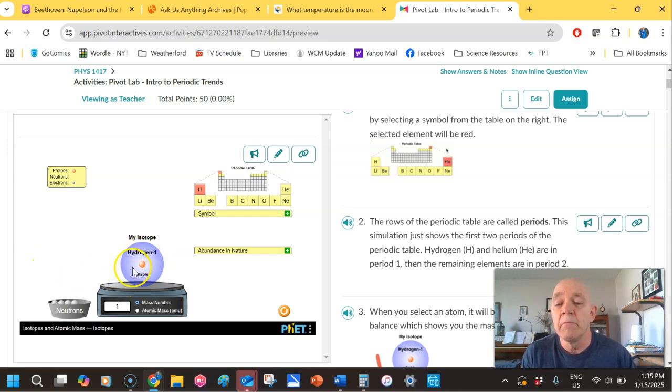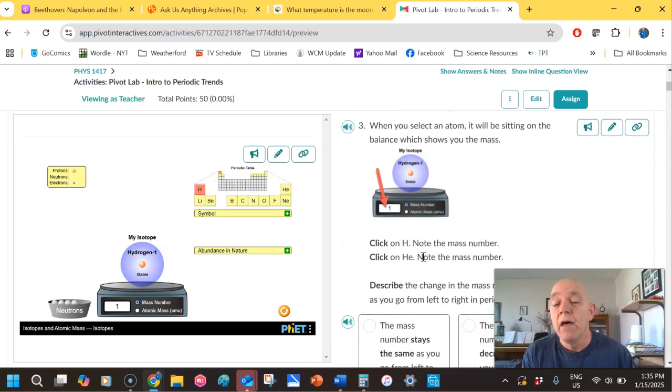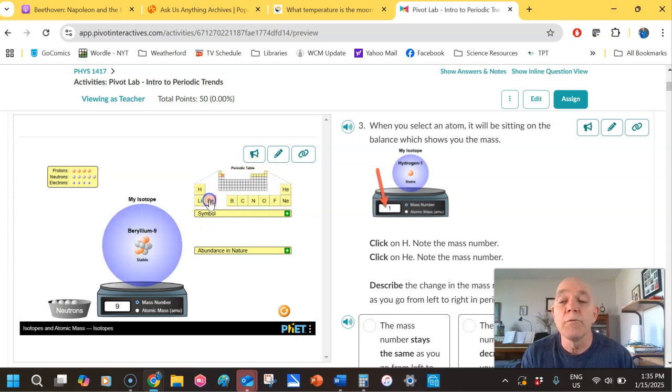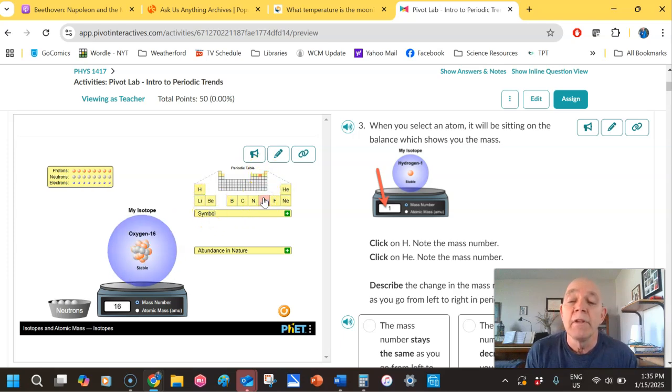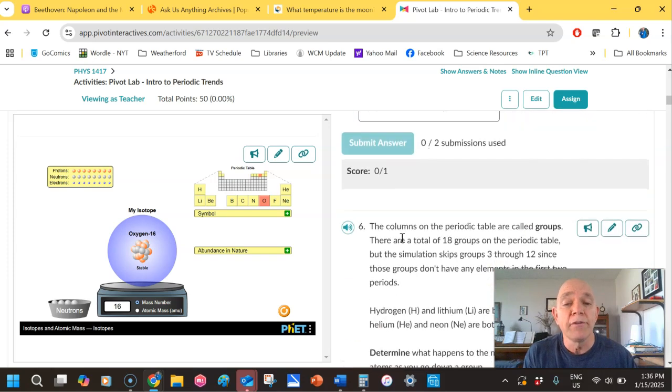Make sure you click on the word mass number here. You have a periodic table up here. Notice if you have the first two rows or periods right here. If you click on hydrogen, it will be red up there. If you click on helium, that spot goes, and so forth for any of these first basically 10 elements, okay? And it will change over here and tell you what the mass number is and all of that sort of thing, okay? So we'll ask you a little questions about that, about how that changes as you go across